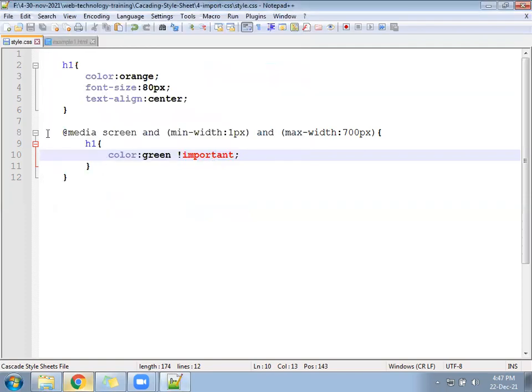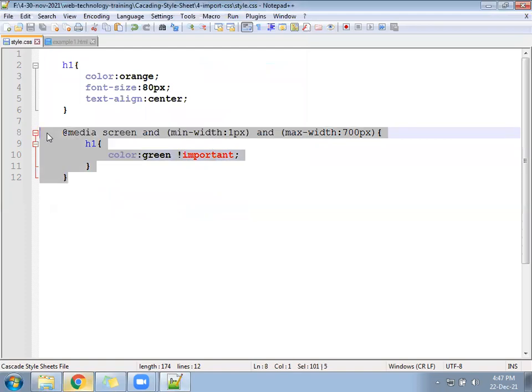Here is the CSS. Please compare once. Minimize your window size. Check the color got changed.